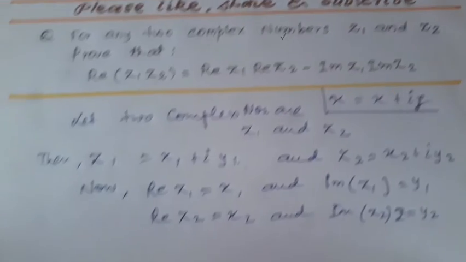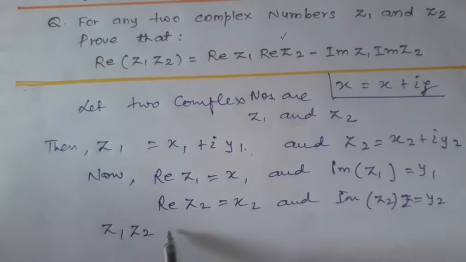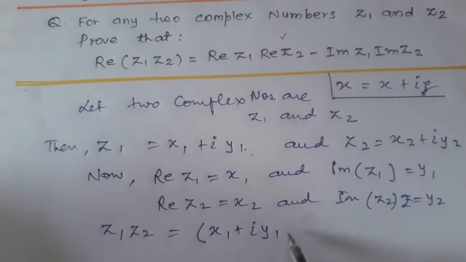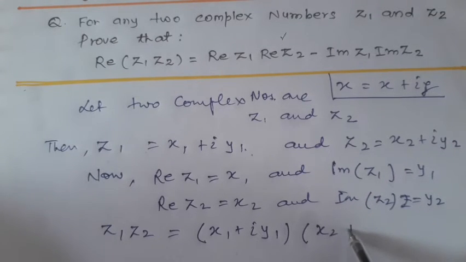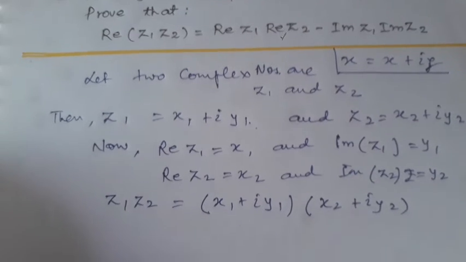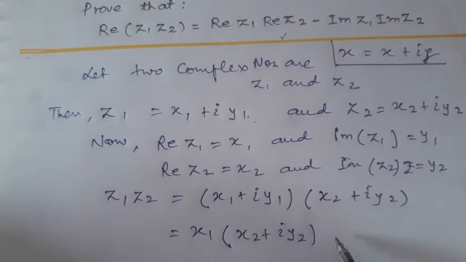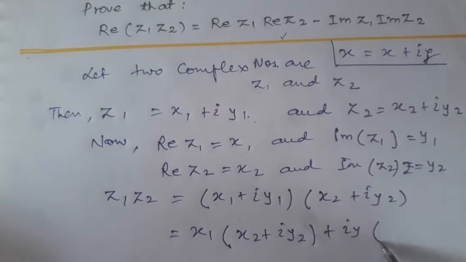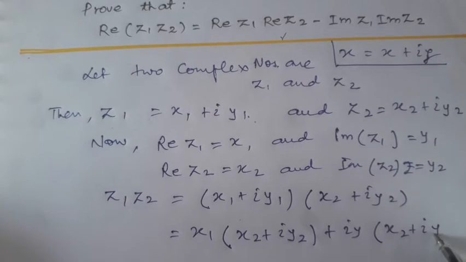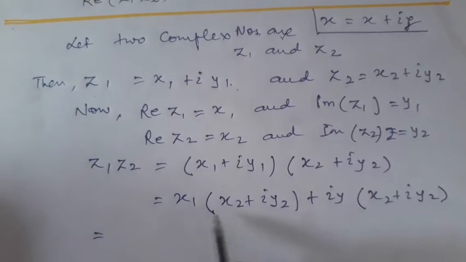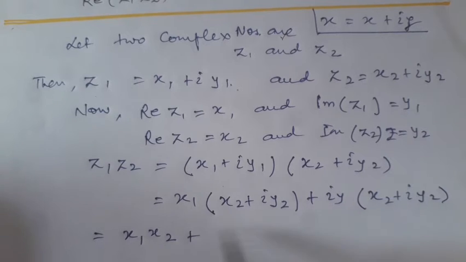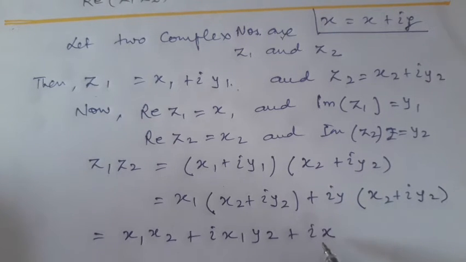Now z1 into z2 will be equal to z1, which is x1 plus iota y1, into z2, which is x2 plus iota y2. So we shall multiply it. First of all x1 will multiply x2 plus iota y2, plus iota y1 will multiply again x2 plus iota y2. On multiplication it will be x1 x2, plus iota x1 y2,